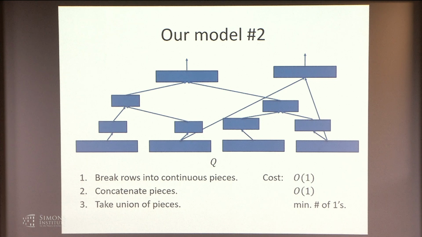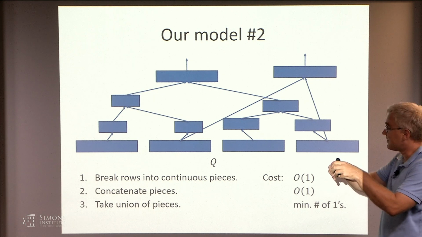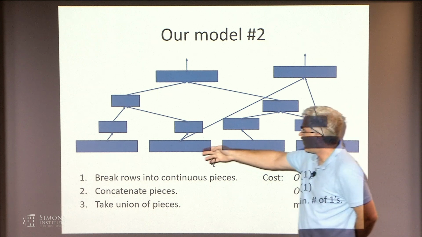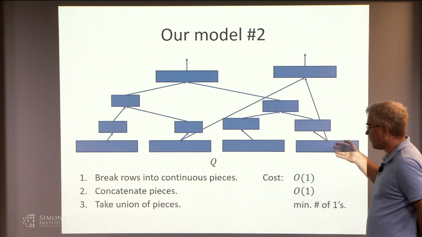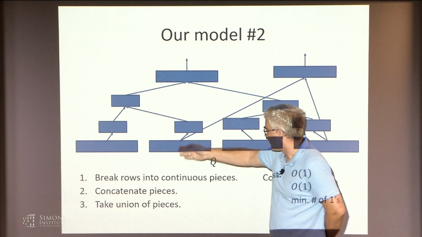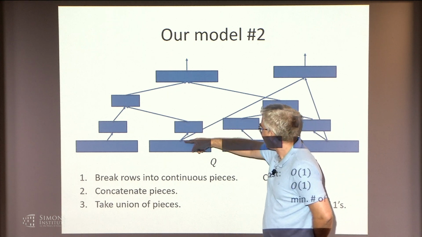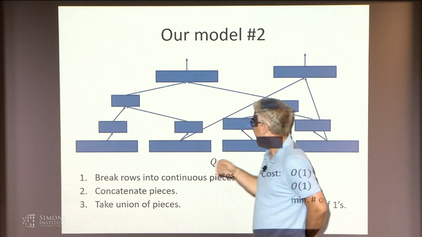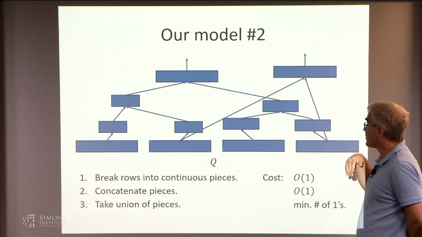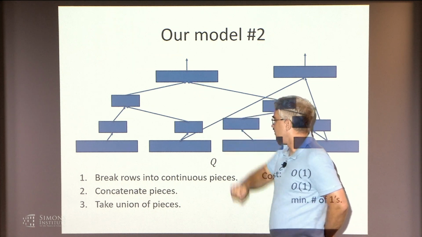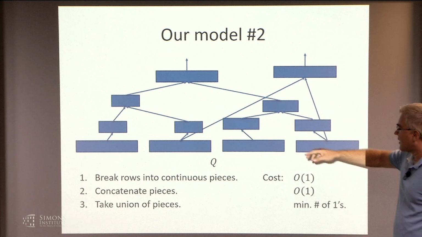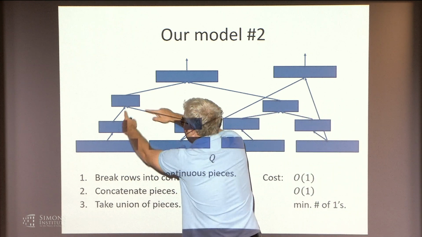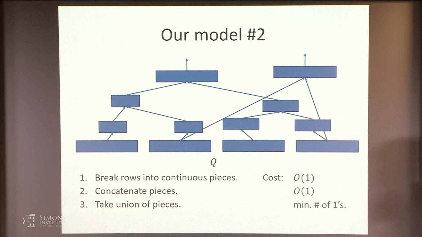So a natural extension of the model I described would be the following model, which will allow you to break these vectors into pieces, do union of the small pieces, and then assemble stuff back. So over here I would start with a row, with the rows of Q. I could break that into continuous pieces. I could send one piece here and another piece elsewhere, and then I could concatenate these pieces back. So I would do that, say, at the end, and in between I would be taking union of whatever pieces I have. So that's a more general model, and